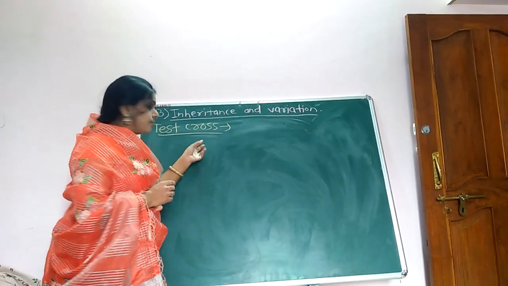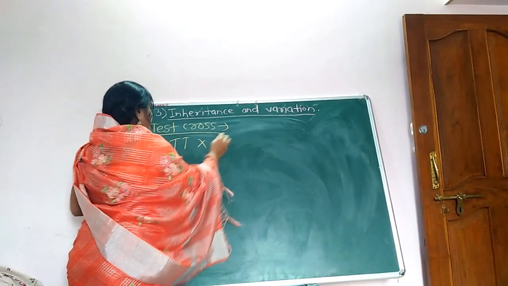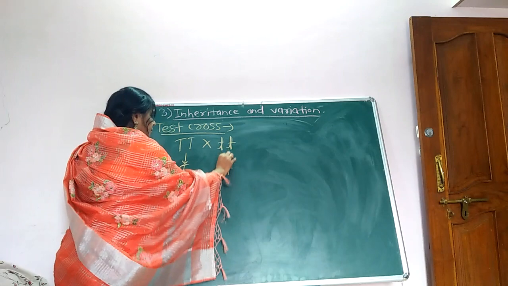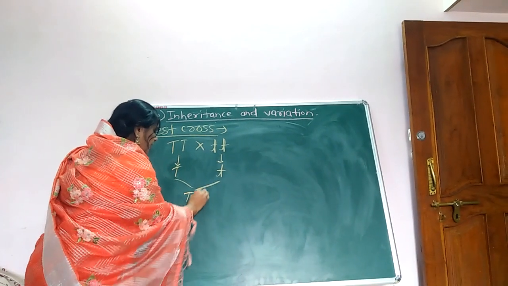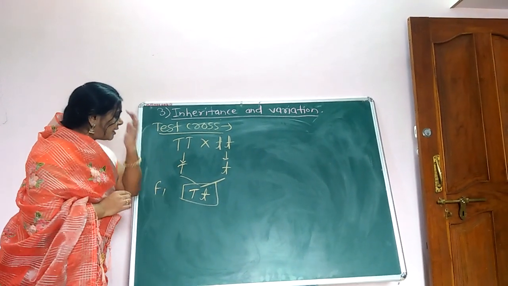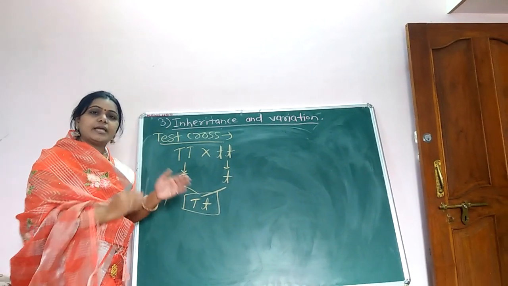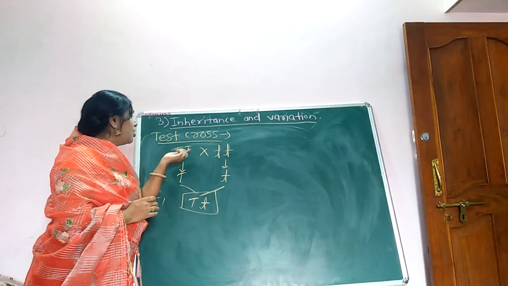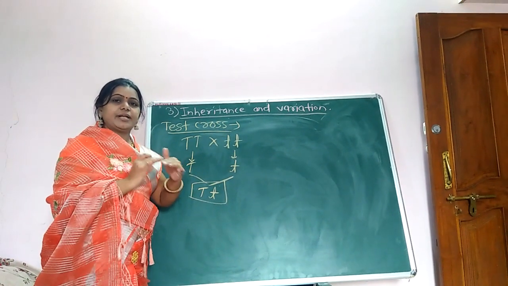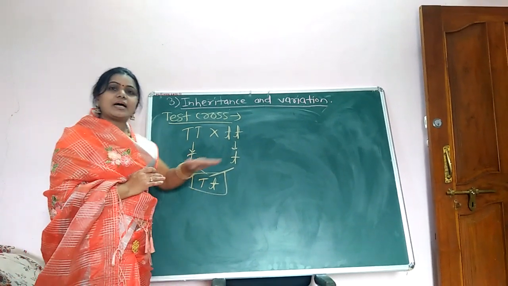Here, monohybrid cross, that is capital T crossed with small t. One type of gamete here, capital T, small t. This capital T, small t is the F1 generation, we all know that. But when Mendel did the first experiment, he expected that an intermediate character would come. ज्यावेळेस F1 जनरेशन ही टॉल आणि ड्वार्फ क्रॉस्ड, the intermediate, medium height plants will be produced, but he was surprised, all plants are tall plants.